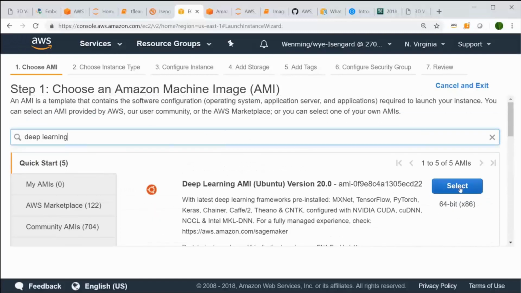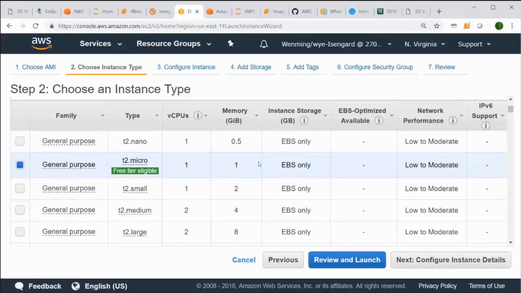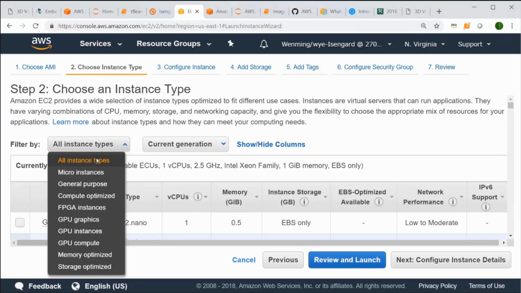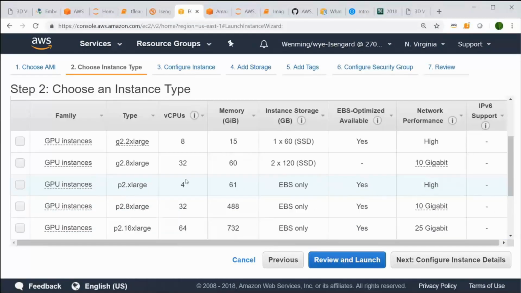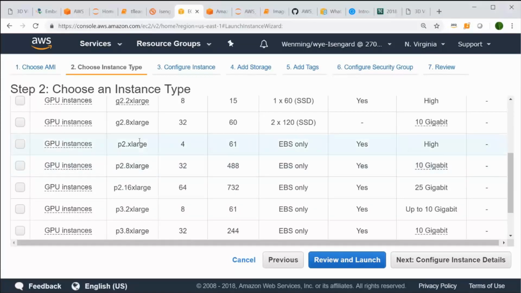So the next step is that you can select one of these and then go into the instance type and pick a GPU instance. You'll see that we have a lot of different types of instances. First of all, the G2s are really meant for graphics. They're workstation class GPUs. They're not meant for doing machine learning type of activities. The P2s are a lot less expensive. If you are just starting to learn about deep learning, I would suggest these are going to be a good choice for you because they're less expensive.